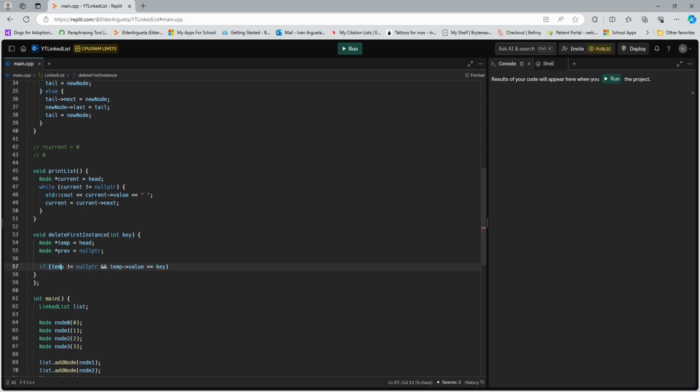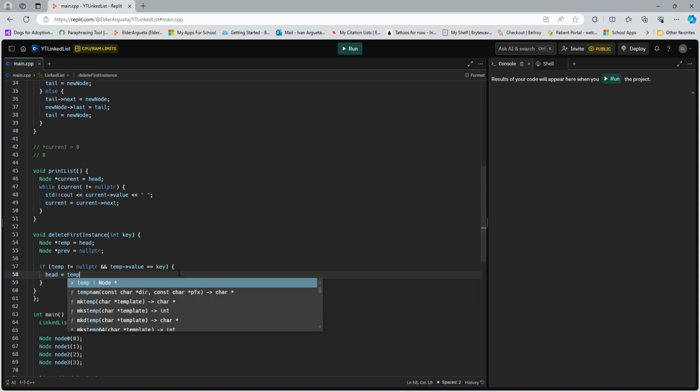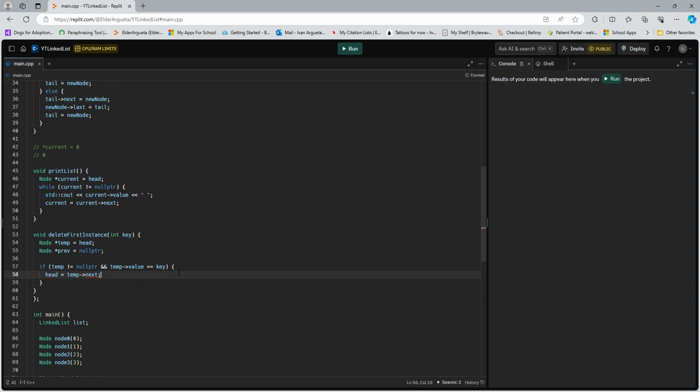So if there's an item in the linked list and that first item's value is equal to the key, what we want to do is make the head equal to temp next,